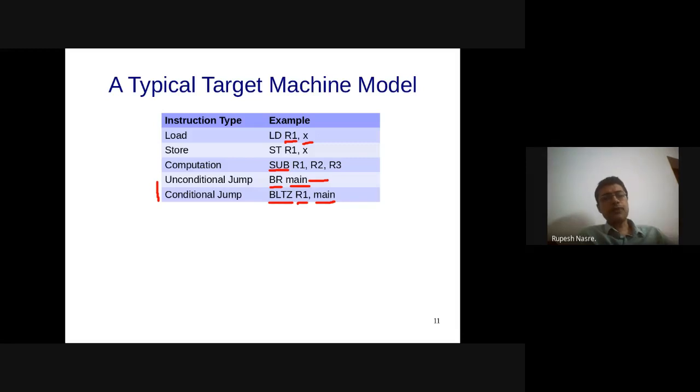Then branch if less than 0 of that to something else, and if there is still a fall through, that means it is neither less than nor greater than 0, and therefore it is equal to 0. Like that we might be able to do. So that will also allow us to simulate other instructions using this basic machine model.